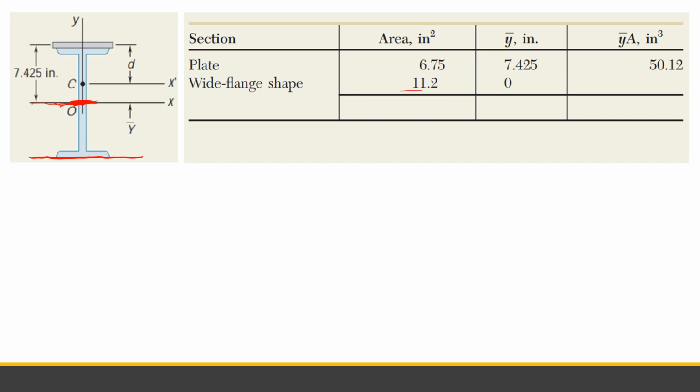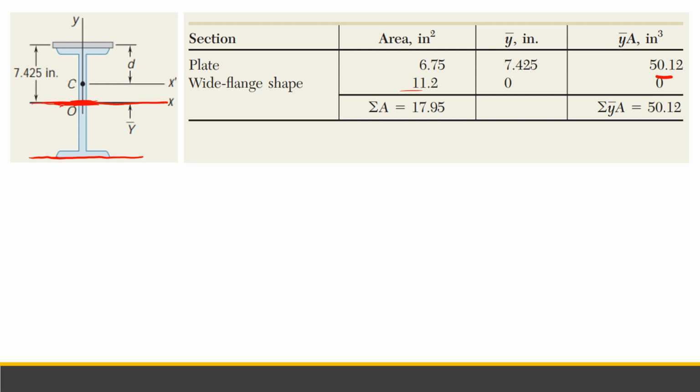So mas madali na siya kasi dito natin nilagay yung axis muna natin. So 0 yung y bar, and then the y bar times a, of course 0 then. So for the plate, y bar times a is equals to 50.12. So the total area is equals to 11.95, which is all positive, and then the total y bar times a